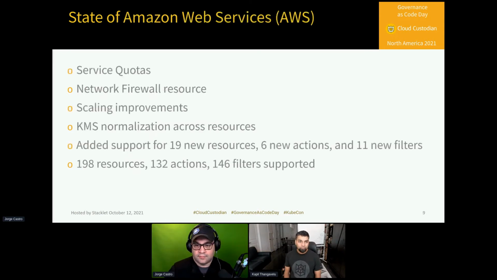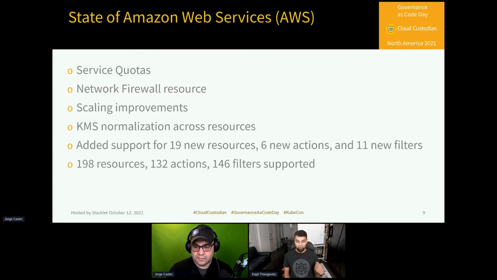Next slide. So looking across the different cloud providers and covering some of the things that have happened over the last year, a lot of Cloud Custodian is about giving you that really high fidelity, rich capability around the underlying cloud providers. So being able to address new resources, use new execution modes, and new native capabilities around those cloud providers.